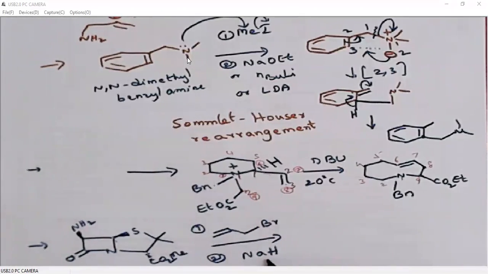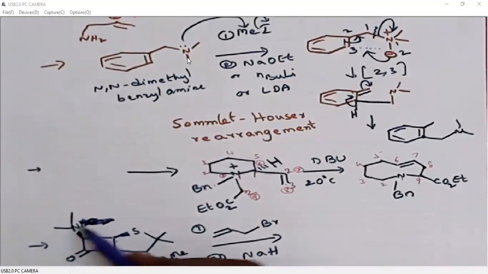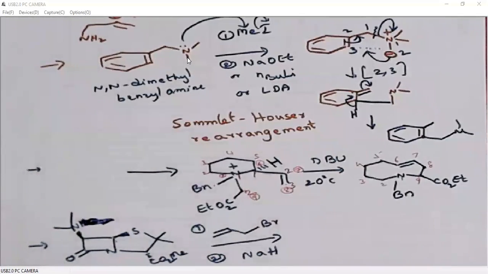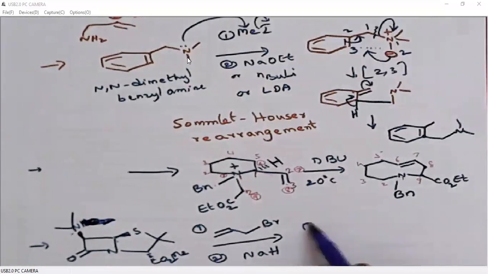And then we are treating with a base at this NMe2, two methyl groups. Nitrogen with two methyl groups. Simply we can write like this. Okay. So then we are allylating it, alkylation. So it generates a positive charge on nitrogen. When we treat with a base, it generates a negative halide. So you write the product.